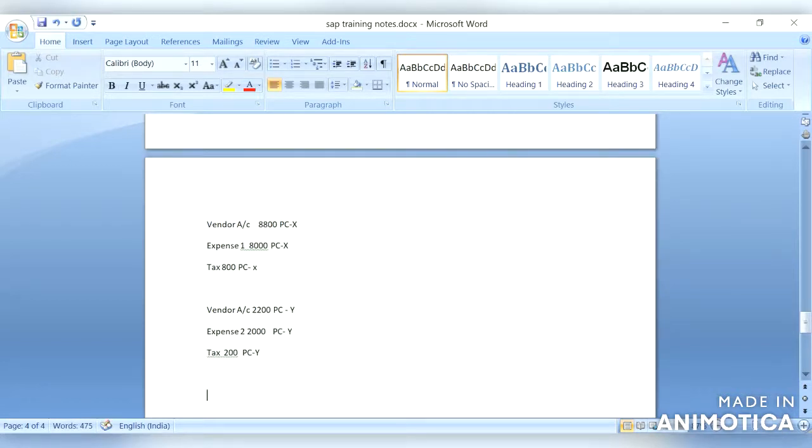So the conclusion is, if the user can post the document as above, the reporting will be pretty clear and balanced, and there won't be a problem.